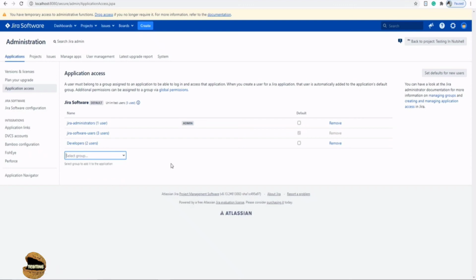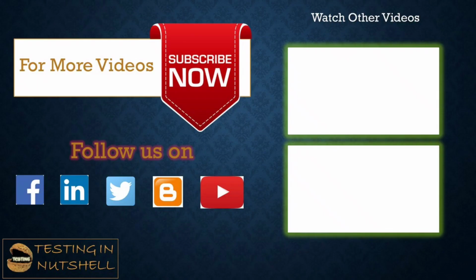Now it all depends on the number of licenses you have, which you can allow them to make use of. For example, if you have only 15 concurrent licenses, then you cannot add the 16th person to this particular access. Similarly, there will be other products which will be listed here, like Jira Core, Confluence, Crowd, and any other thing which others can access, and you can determine which users will have access to these products. This allows you to manage very well how the licenses will be distributed among the number of users. If you have a need for adding more, of course you can always contact Atlassian to get more licenses. Well, keeping it short and simple, we'll be getting back to you with other options here on the left side and definitely talking about them.